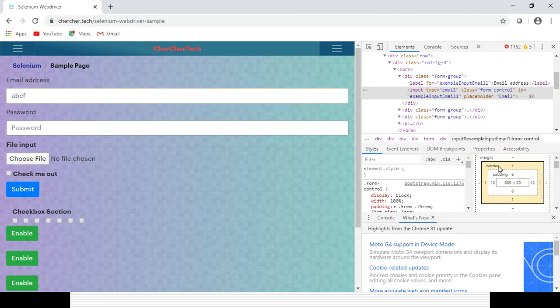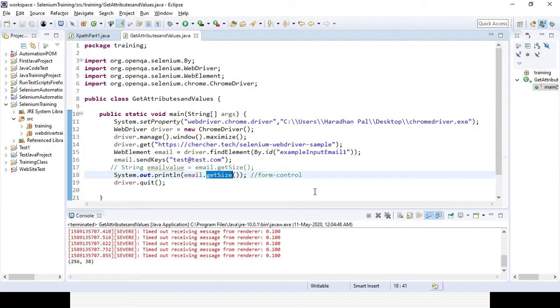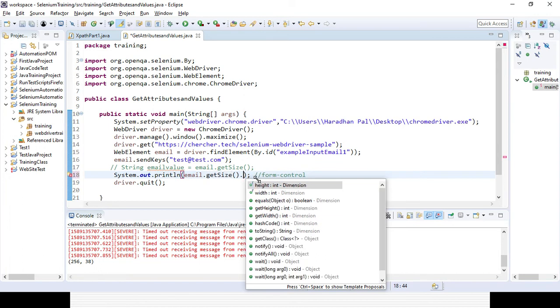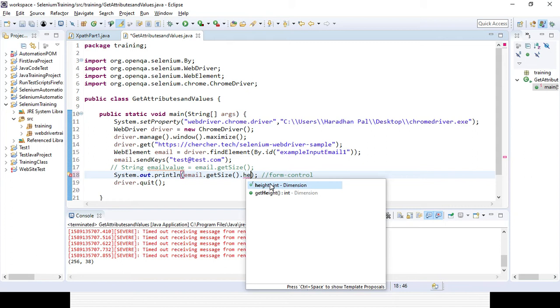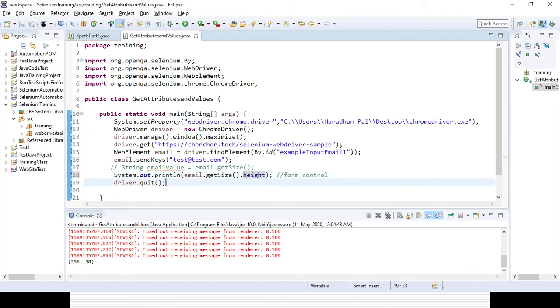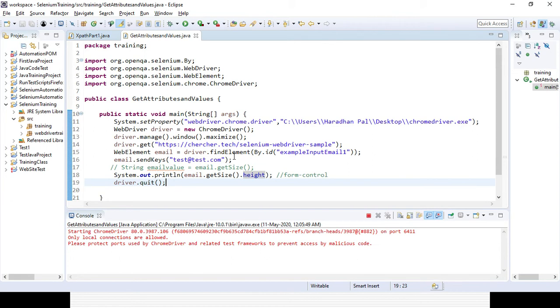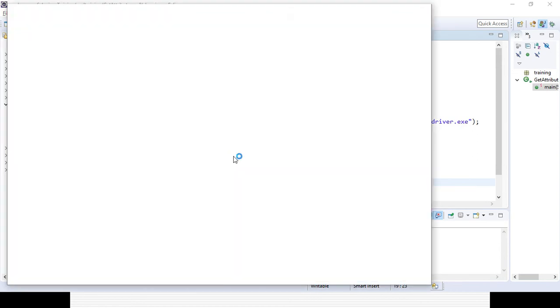After summing all these, you can get the height. Here, if you want to get only the width, you can get the width. Or if you want only the height, you can get only the height.